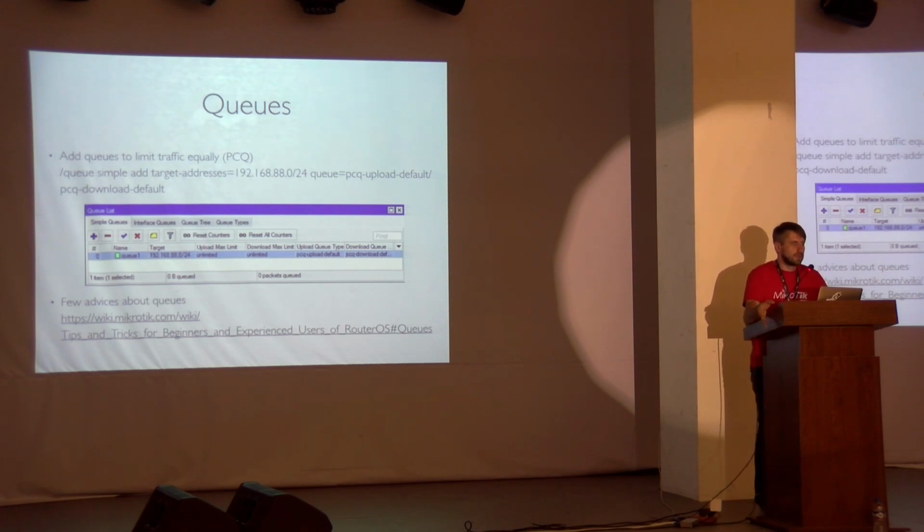As well, PCQ can be used for other types of configuration. Let's imagine you have 1,000 clients on one router, and you want to provide 1 megabit for each user. If you configure simple queues in a regular way, it means that you will have 1,000 queues. 1,000 queues is not a very effective way to configure your device. That's why you can make one PCQ queue that will distribute this 1 megabit to every client, and the router will work much faster with just one queue, not with 1,000 queues.